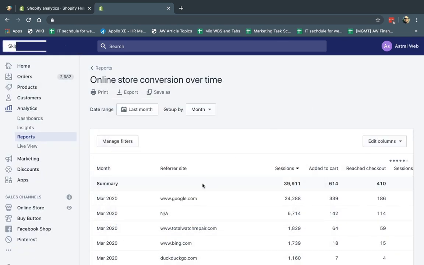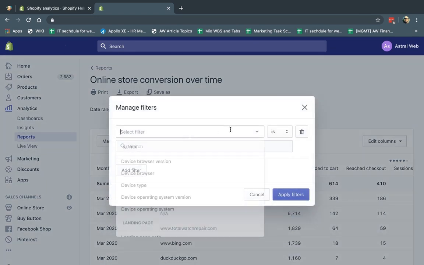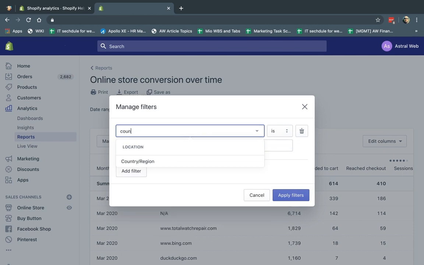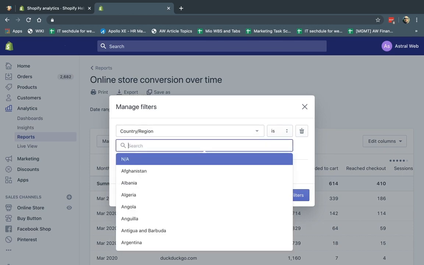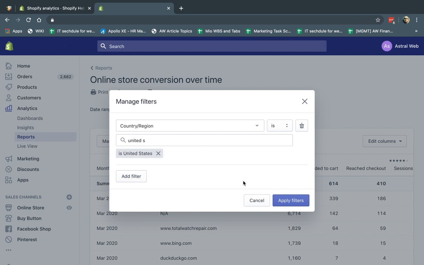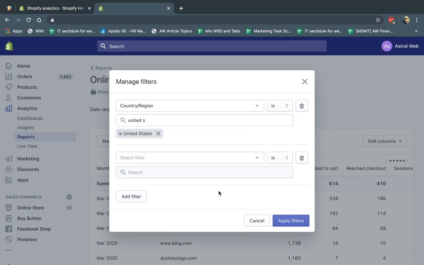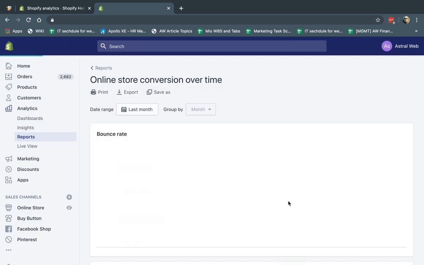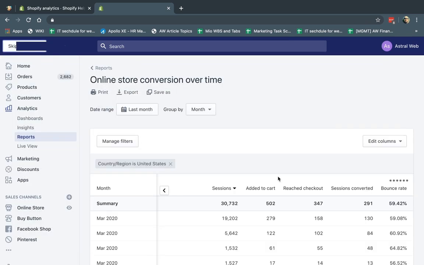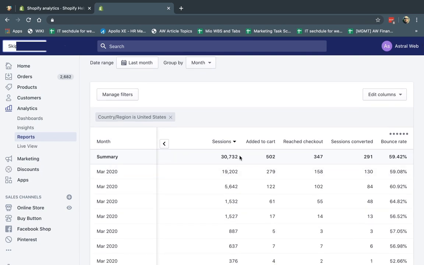Okay, so if you look at this right here, my total visitors are 39,000 for this month. Okay, if I add the filter, and I'm going to specify here, so country, I'm going to type it in, and United States, and I click here and I apply the filter. By the way, you can actually add more than one filter. So this and this and this. Okay, so I'm going to click on the filter, and now I can see instead of 39, it's 30,000. So obviously you can filter down.